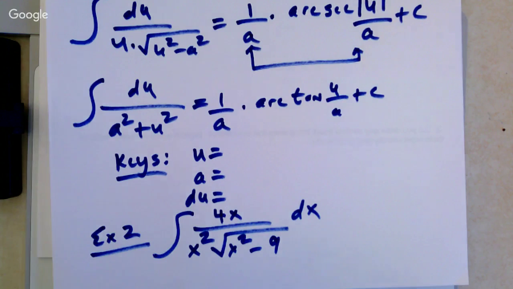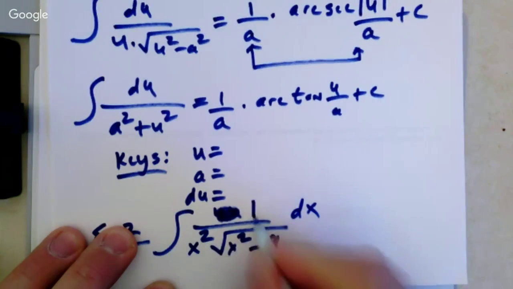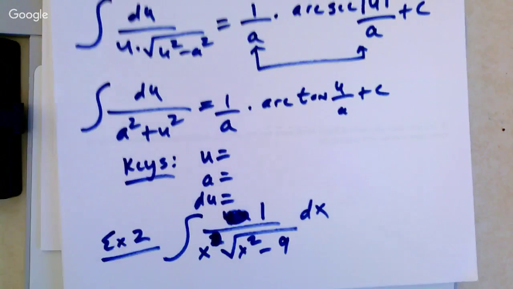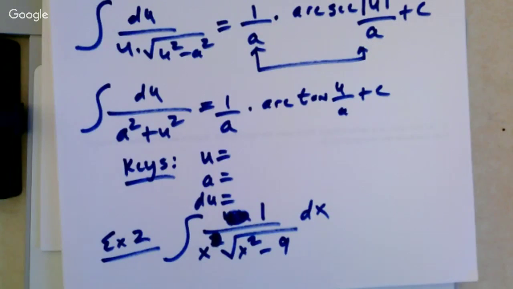Okay, let me make this a little bit easier. Let's just make this a 1 on top. Fine, we'll make it a 1 on top, make it easier. And let's make that, hold on just a second. That'll have to just be an x there then for that to work out. Fine, easy.